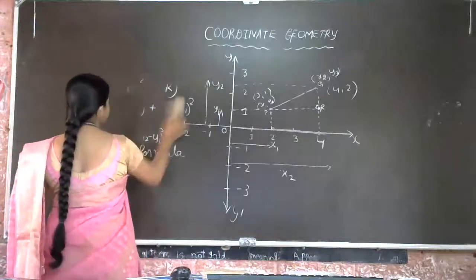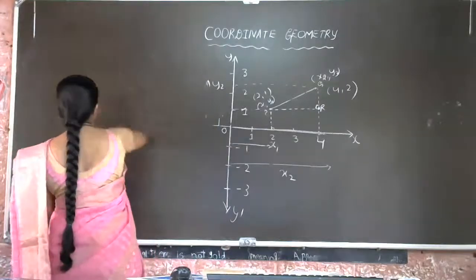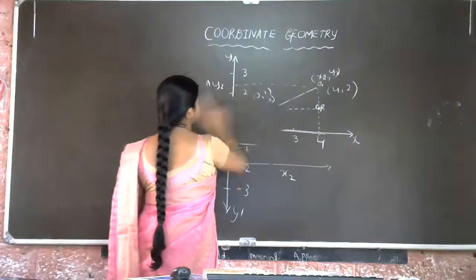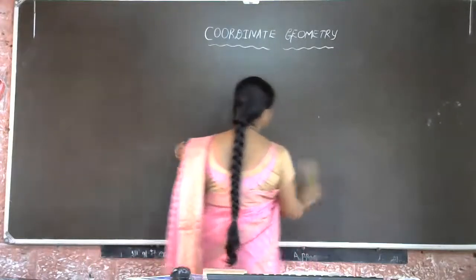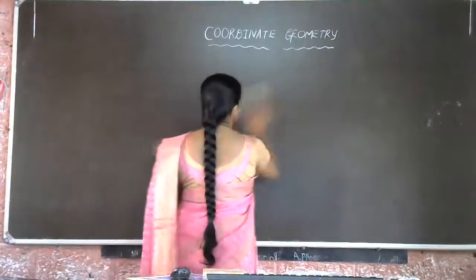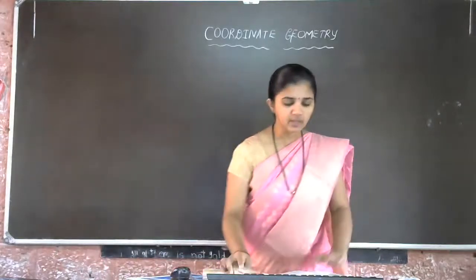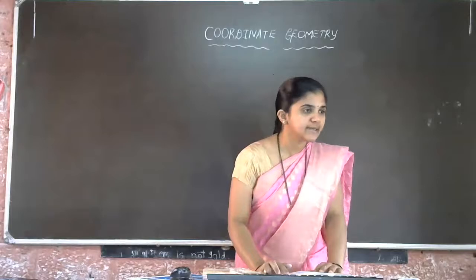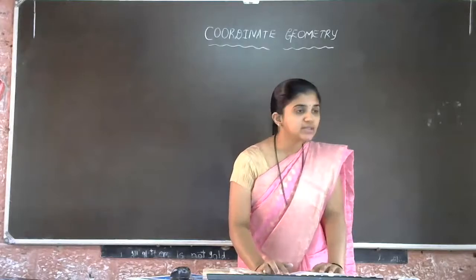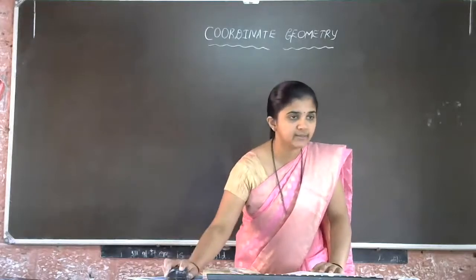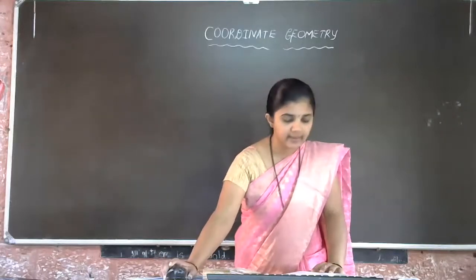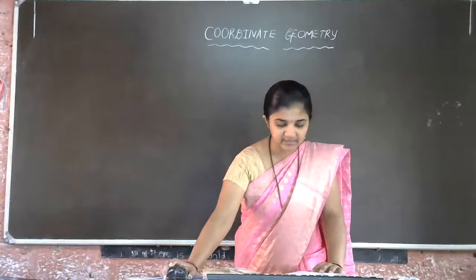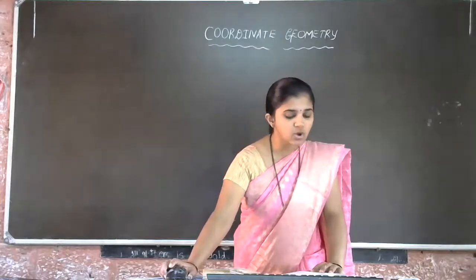So here, you just open your textbook. Look at the second example problem. After discussing the second example problem, we'll come to the first. What is that second question? Show that the points (1, 7), (4, 2), (-1, -1) and (-4, 4) are the vertices of a square.